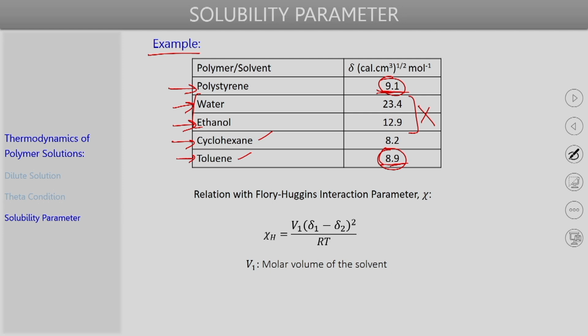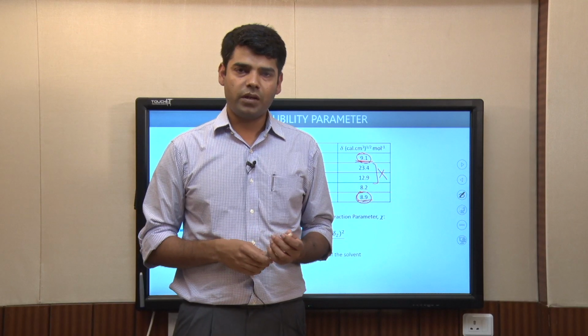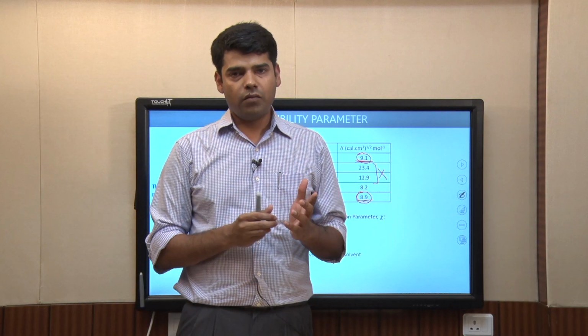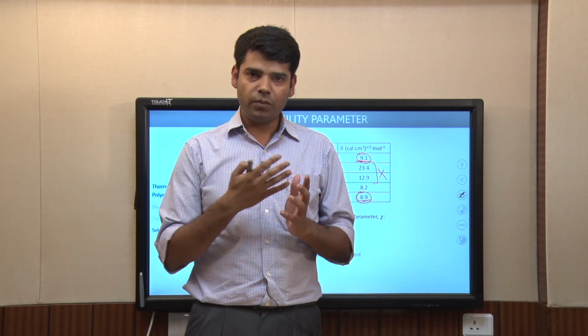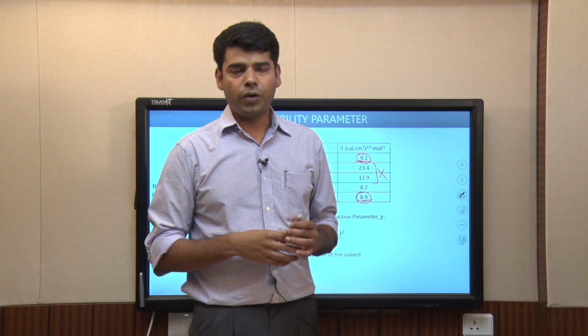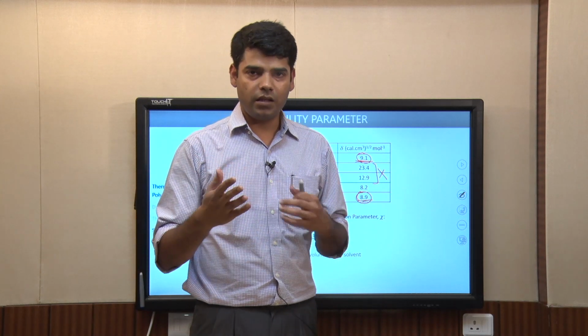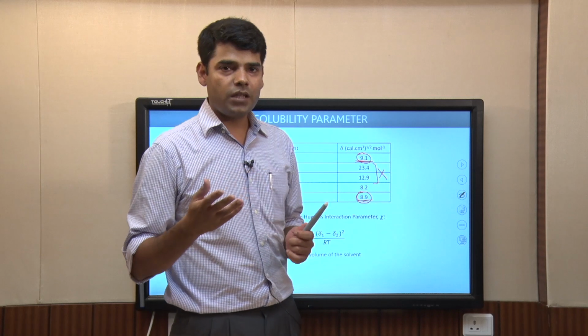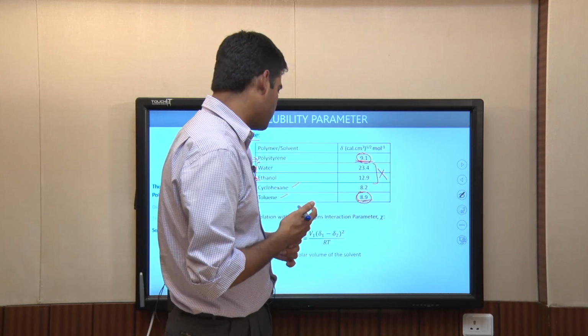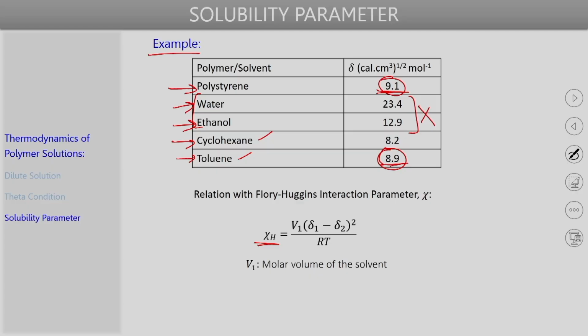dominant. Okay. Now, the solubility parameter that we have discussed just now can also be related to the Flory-Huggins interaction parameter. The solubility parameter, as we just saw, can describe the solubility of a polymer in a solvent, and the Flory-Huggins interaction parameter, we earlier saw, describes the polymer-solvent interaction as well. So, it is natural that the 2 should be connected, and the relation between the enthalpic component of the Flory-Huggins interaction parameter and the solubility parameter is this expression here. Here V1 is the molar volume of the solvent, delta 1 is the solubility parameter of the solvent, delta 2 is the solubility parameter of the polymer.